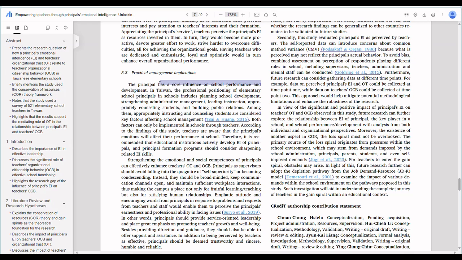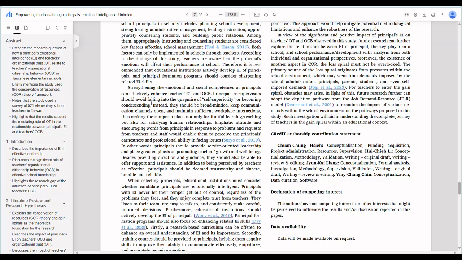As you can see here, it says the principal has a core influence on school performance and development. Both factors can be implemented in school through teachers. Then it says strengthening the emotional and social competence of principals can effectively enhance teachers' OT and OCB.